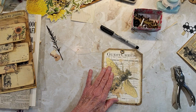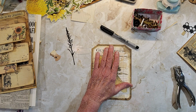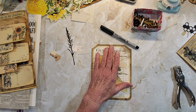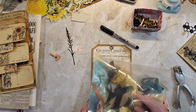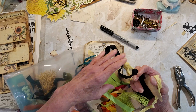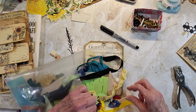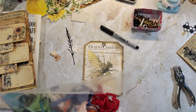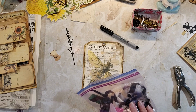Okay, so I don't know if I want to do anything else to this. Well, I want to put some seam binding on it. Let's see if I have black in here. I'm trying to use up this bag of miscellaneous stuff. That might be way too big. Only, not all of it's miscellaneous. Actually, hardly any of it is. But it takes a lot of room up. Maybe this one is the one that's got...